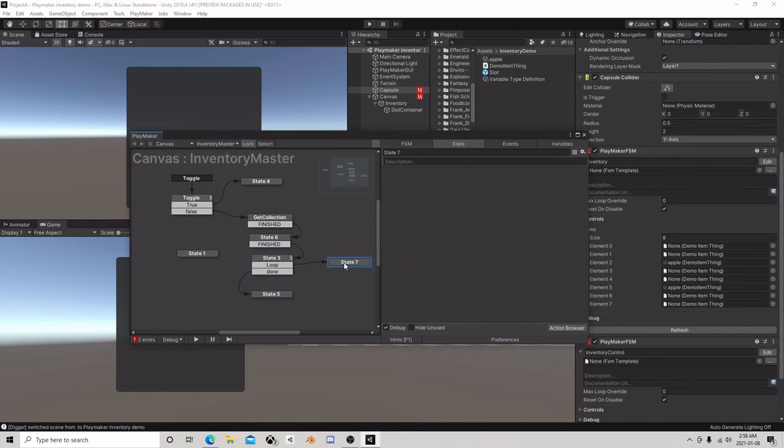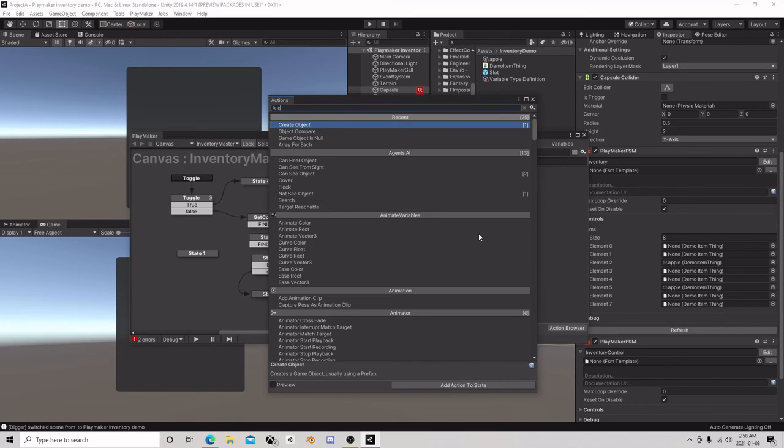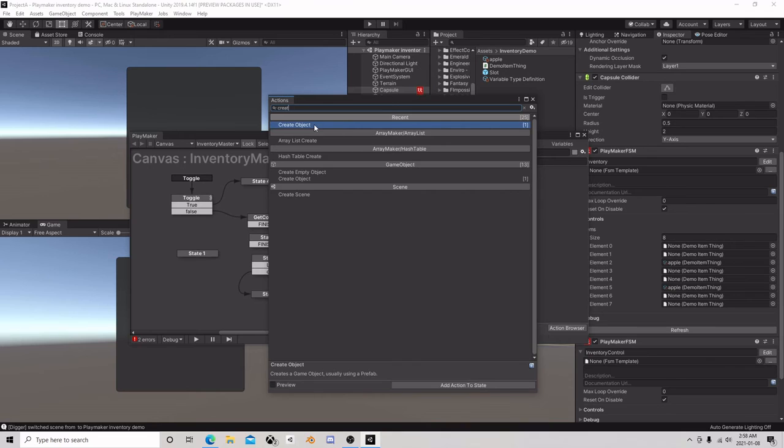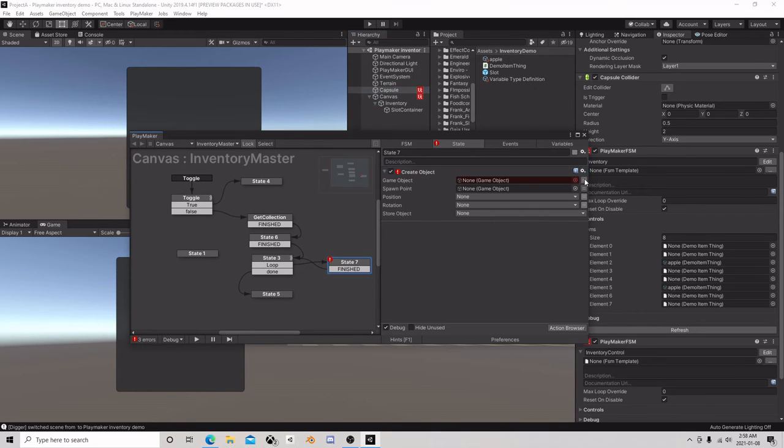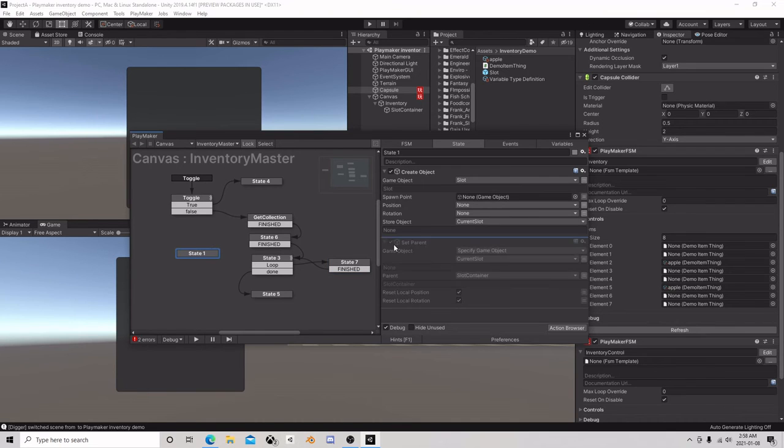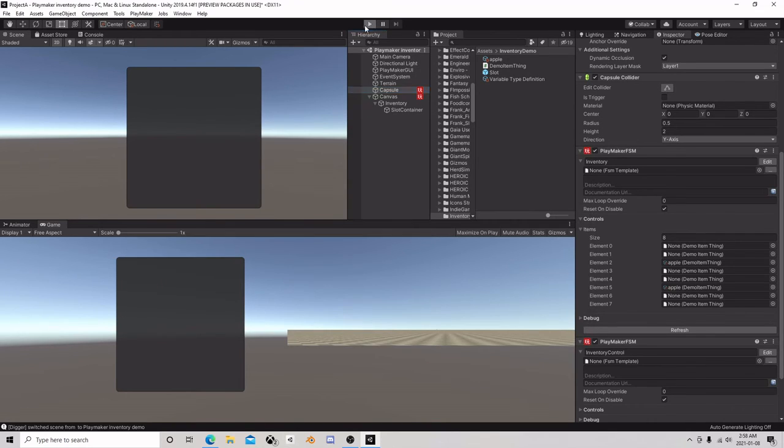Right? And what's in a loop? Well, we know that we need to create a slot, current slot. It's pretty much the same thing I did here. In fact, I'm just going to drag that one over. We need to create the slot, and we need to set the parent to the container, and then we're going to say done. Now, just to show you that portion of it, if I hit